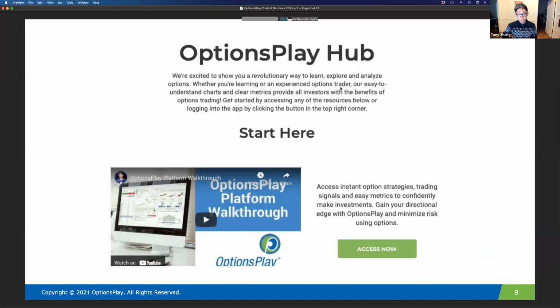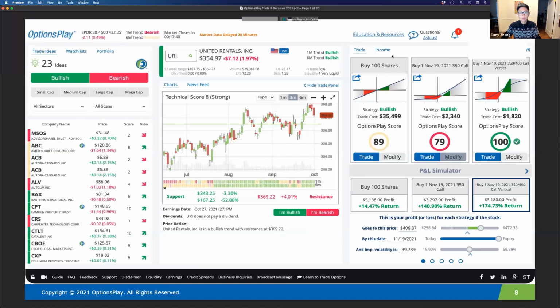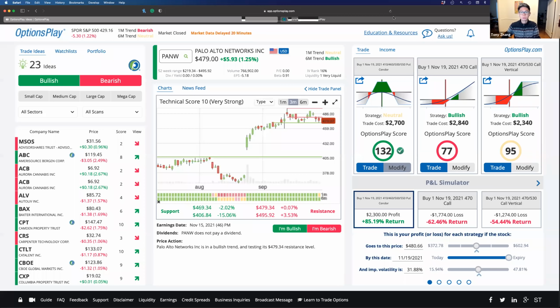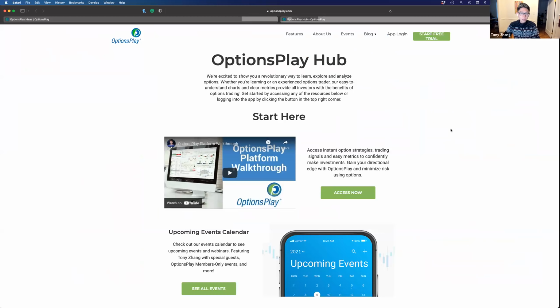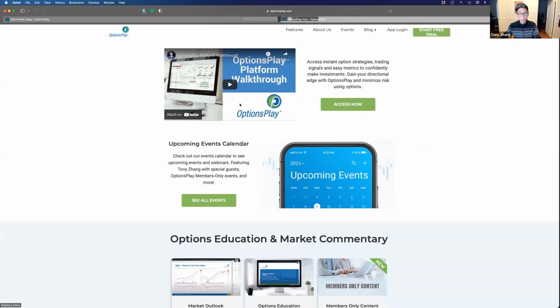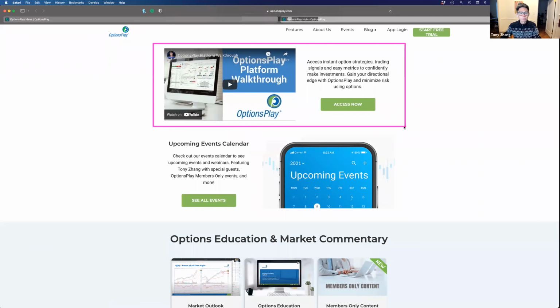The next thing I want to go through is the OptionsPlay Hub. And the OptionsPlay Hub is what you find on the options and education and resources link here on the upper right-hand corner of your platform. And what that gets you to is the OptionsPlay Hub. The OptionsPlay Hub is where all of the different resources that we have live in one place. We have everything from a platform walkthrough that's designed to help if you're brand new to OptionsPlay and you want a refresher as to how to utilize the platform,